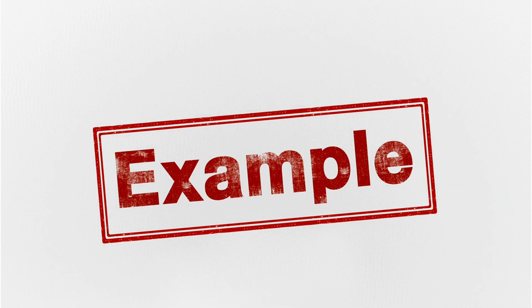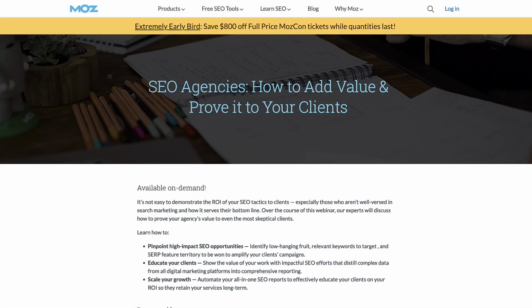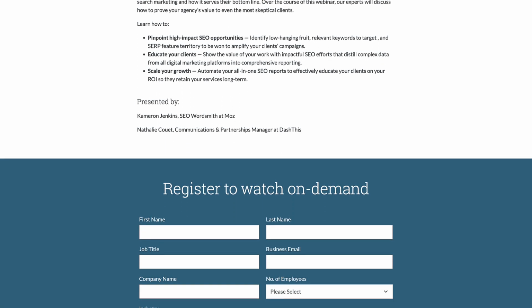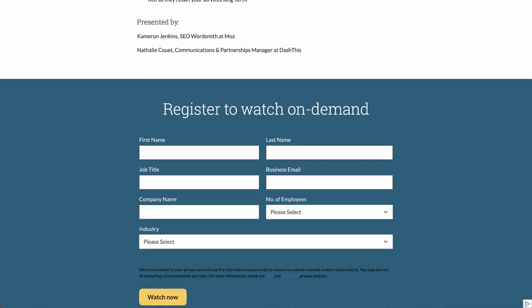Now let's take a look at some real-world examples of gated content companies have used to engage their audiences and generate leads. Moz, a well-known SEO software company, offers white papers and webinars on topics related to search engine optimization. Users can access these resources by filling out a form, allowing Moz to capture leads in return for providing valuable